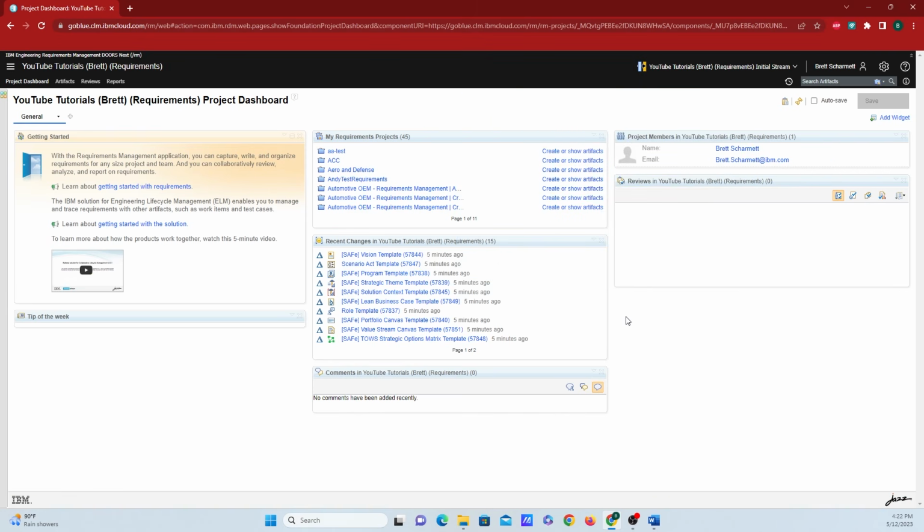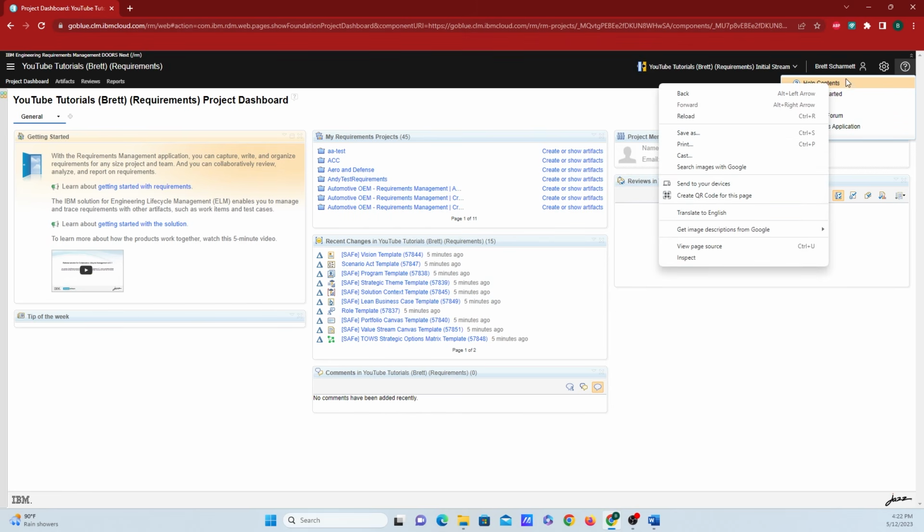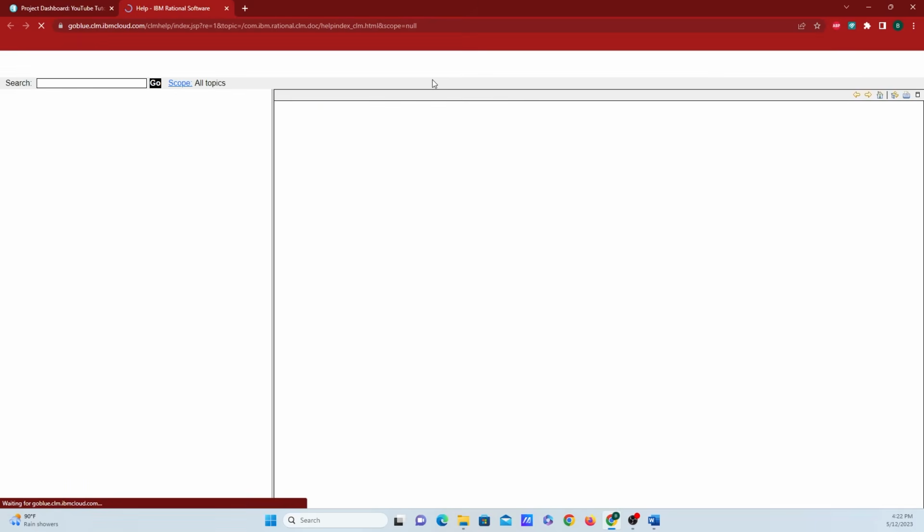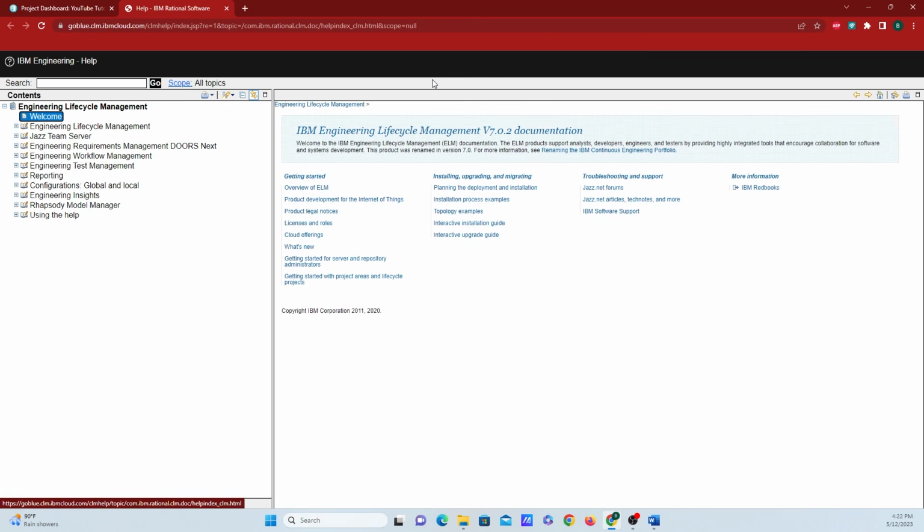Some other useful stuff from this screen is the question mark icon in the top right hand corner. Mousing over that, you'll see a button that says help contents, and when you click on that, you have a couple of things to select. What I like to do the most is go to help contents, and it'll take you to the documentation. The documentation is pretty good for giving you a sense of how to figure some stuff out and find some stuff. I also have a bunch of videos on this channel that walk you through tutorials in pretty quick little bites. So, backing out of this,